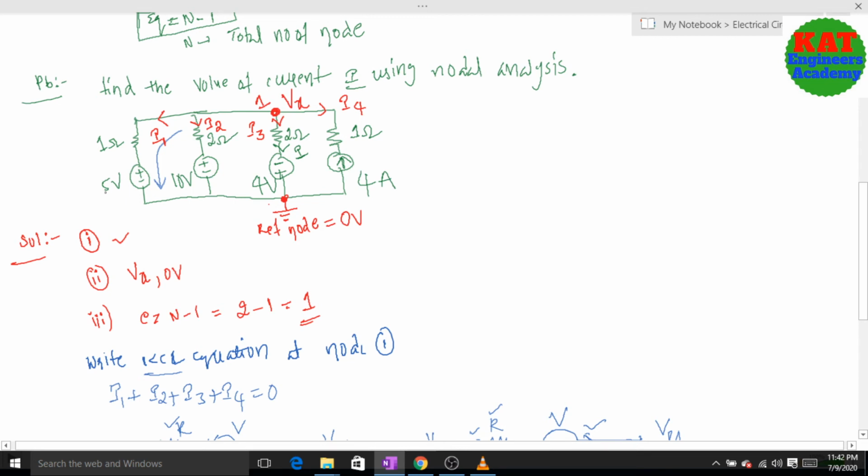Vx minus 0. Here, whether we have to take plus or minus: this current direction is downward, but here we have plus, which is the direction of this voltage source. So both are in opposite directions, and you can consider this one as a negative value. So we get Vx minus 0 minus V, by 1 ohm, as I1 based on the first technique: higher potential minus lower potential minus V, because both directions are different. This voltage source is upward, our direction is downward.